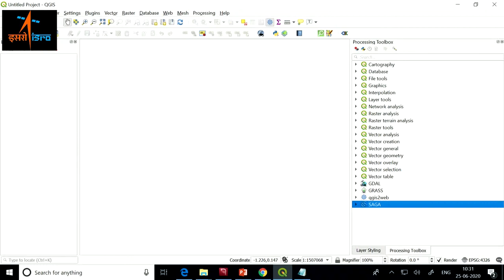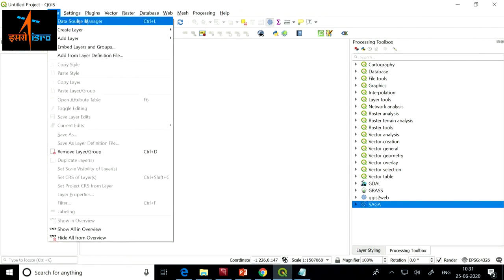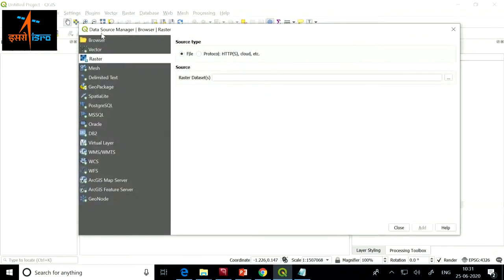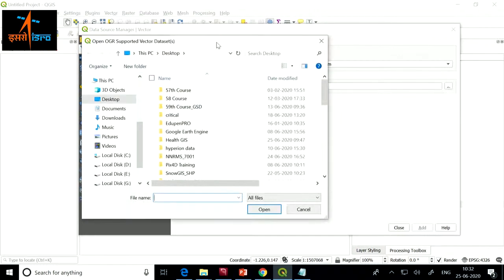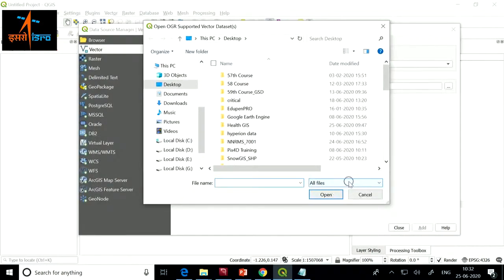So the first thing that I wish to start with is how to add the data that we have downloaded. If you click on Layer, the first option that you see is Data Source Manager. All these GIS layers or GIS data get added as layers. These layers can be displayed in whichever way we want, in whichever order we want. So let me click on this Data Source Manager, and there are so many options here. You can add your vector data sets, that is shape files, KML files. What files can I add? Just click on this browse button.